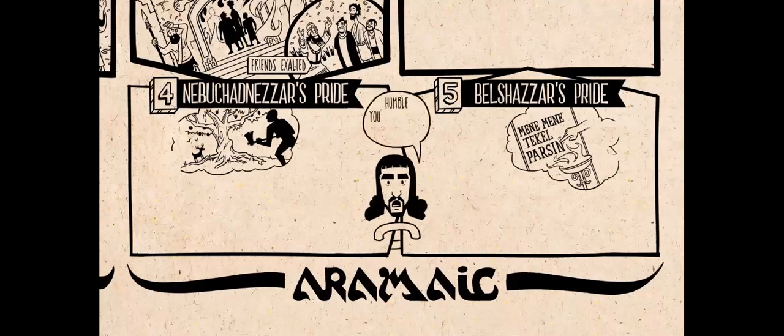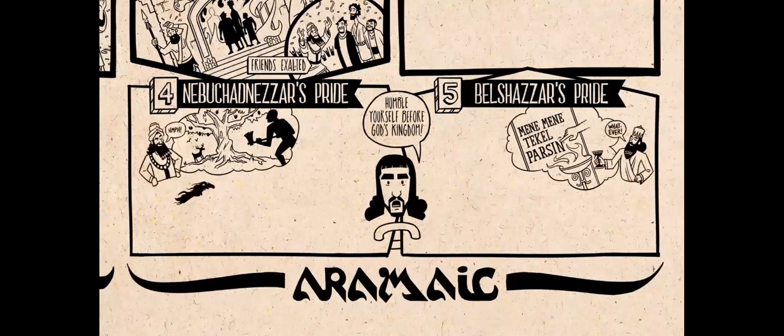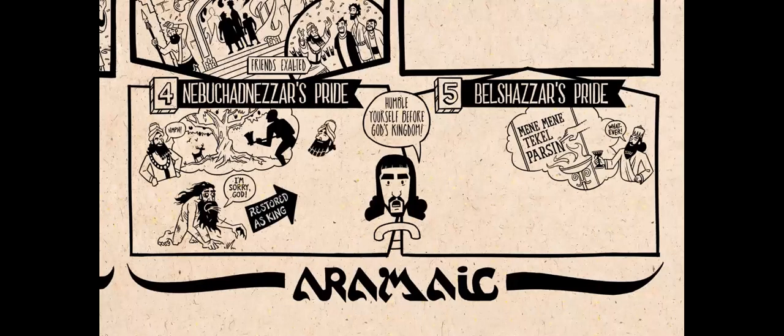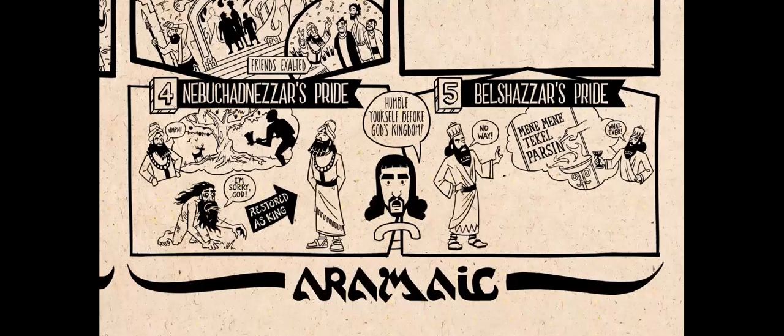He says that both kings are to humble themselves before God, and both kings arrogantly resist. So Nebuchadnezzar is stricken with madness. He becomes like a beast in the field. But then he humbles himself before God, and his humanity returns to him. He's restored as king. This is in contrast with his son, Belshazzar, who doesn't humble himself before God, and he's